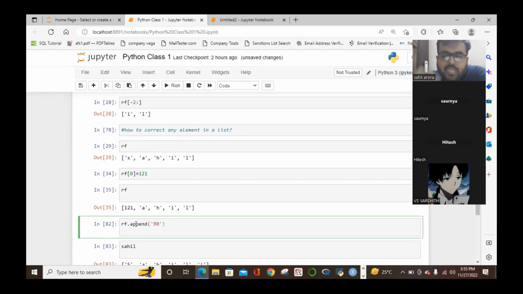So now 90 will show in that particular list as my sixth element. Till now I have 5 elements. Now 90 will show as my sixth element. So the function is, the object, that is your RF, dot append, and whatever element you want to include, write that element, right? Since it is a number, I am removing the